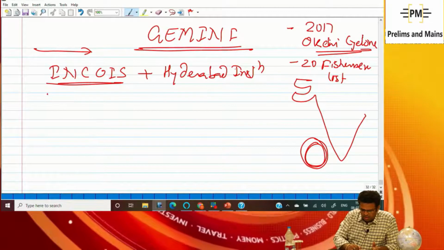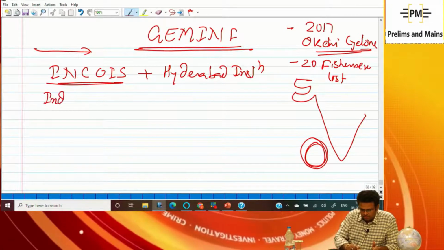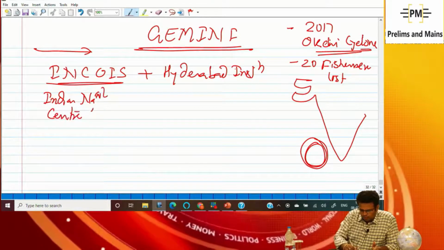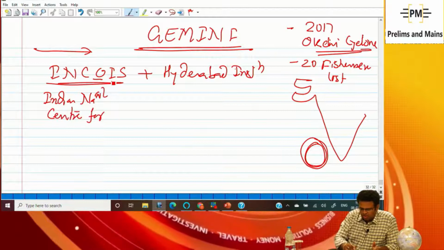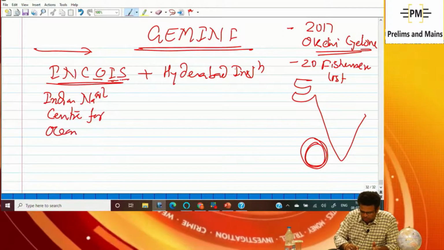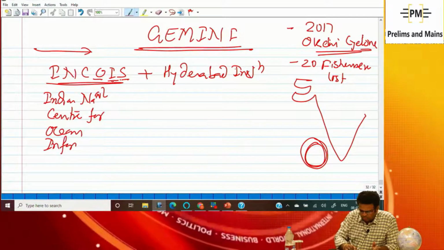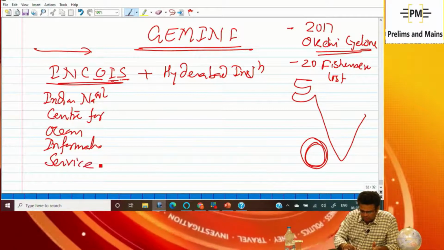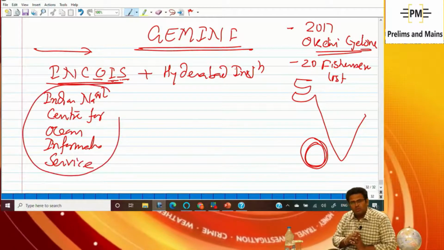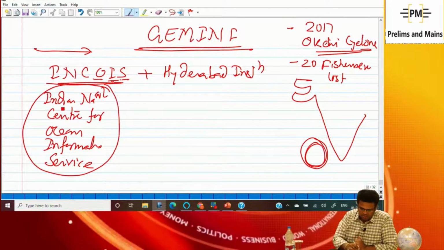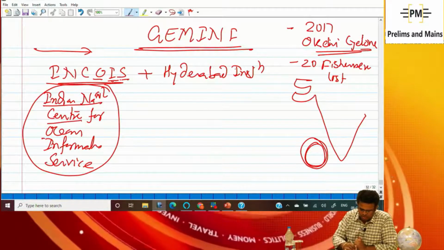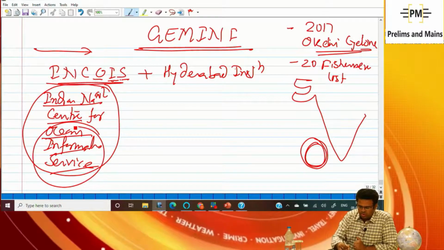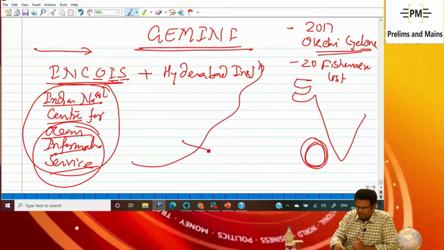INCOIS means Indian National Centre for Ocean Information Services. INCOIS means any information related to the ocean, that service. INCOIS is a body, the Indian National Centre for Ocean Information Services. And the Hyderabad Institute and INCOIS came together and developed